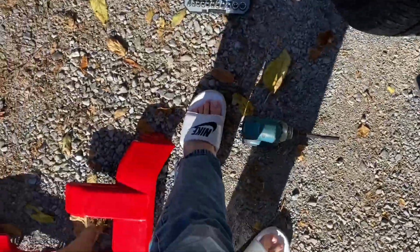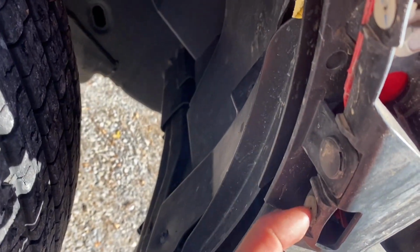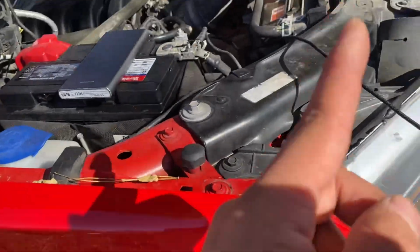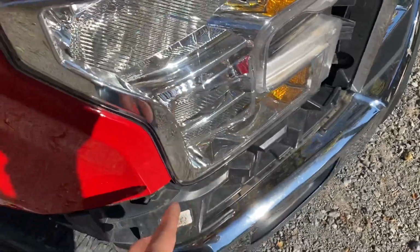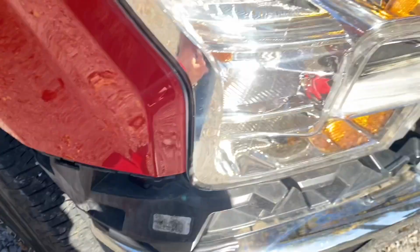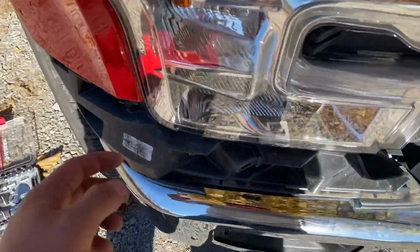All right guys, we went ahead and took that part off. So there's one right here and two 7mm bolts. So 7mm socket on both sides. Remove them. Remove that clip right there and pull this out this way like this, so the lid that folds in here can come out. Then pull it from the top like this, then gently pry it open over here, then pull straight forward and